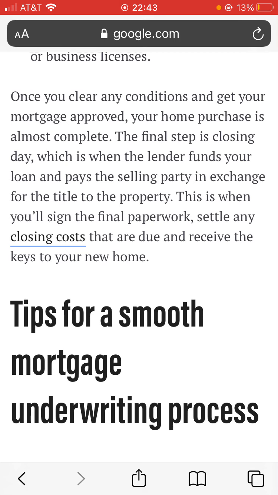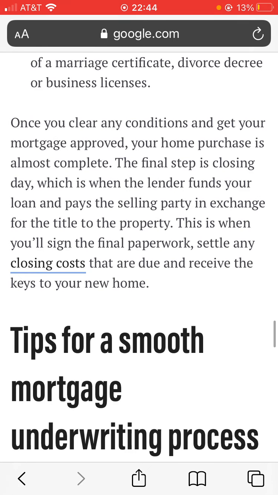The final step is closing day, which is when the lender funds your loan and pays the selling party in exchange for the title to the property. This is when you'll sign the final paperwork, settle any closing costs that are due, and receive keys to your new home. In this process as well, in this article, they didn't mention that